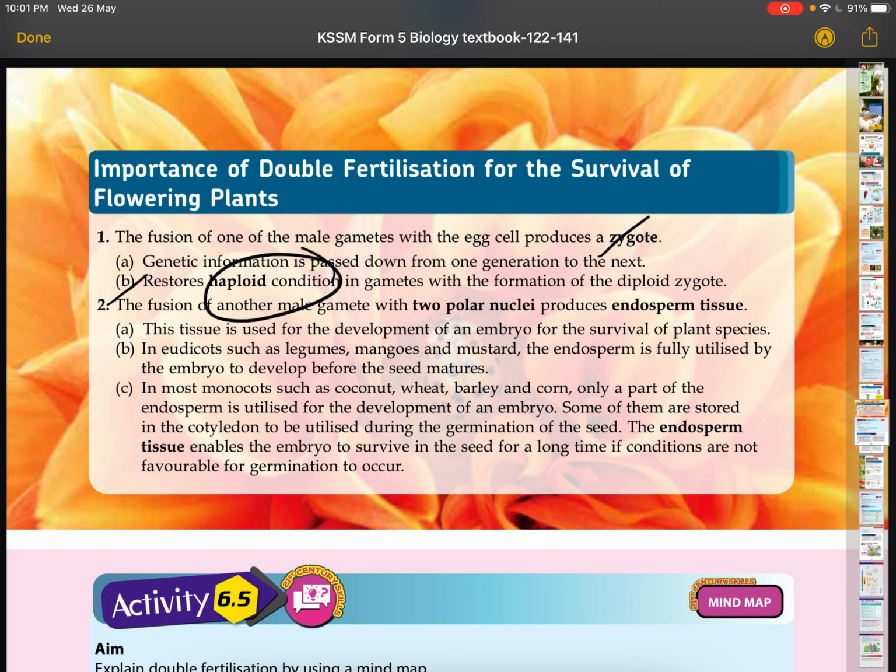And if it doesn't have a cotyledon, then the endosperm itself will supply nutrients. So the main function of the endosperm is to supply nutrients, and that is very important for seed survival, because if the seed can't grow, it has to keep taking in nutrients, so the endosperm is where all of those nutrients are stored. And also, before the seed can even develop in the first place, it has to get nutrients from the endosperm. So yeah,